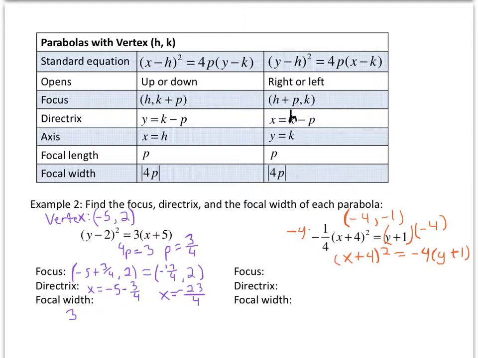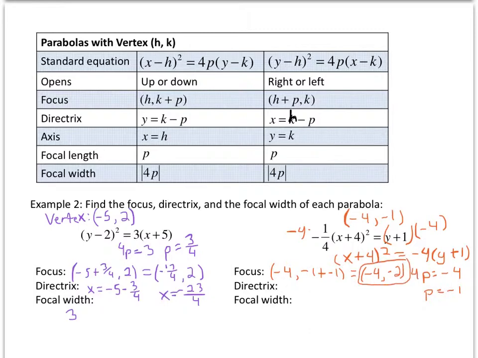And so my focus, since y is the variable that's not being squared, I'm going to say is negative 4 comma negative 1 plus p. Oh, we haven't found p yet. 4p equals negative 4, so p is negative 1. So negative 1 plus a negative 1 is what we're doing for our focus. So that's going to give us negative 4 comma negative 2